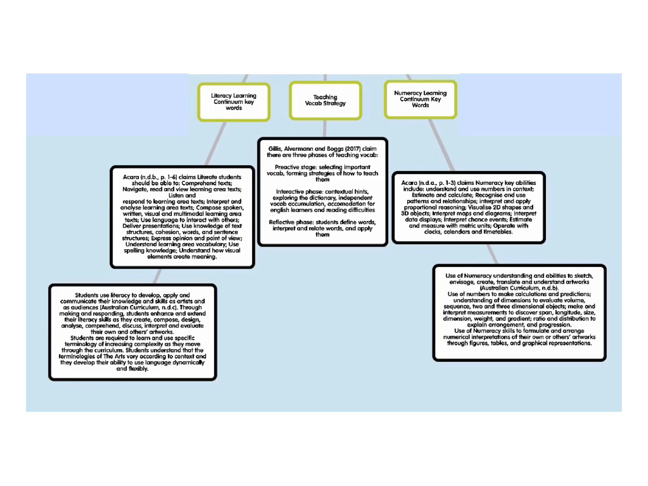In terms of the literacy learning continuum, ACARA claims numeracy key abilities include understanding and using numbers in context, estimating and calculating, recognizing and using patterns and relationships, interpreting and applying proportional reasoning, visualizing 2D shapes and 3D objects, interpreting data displays,